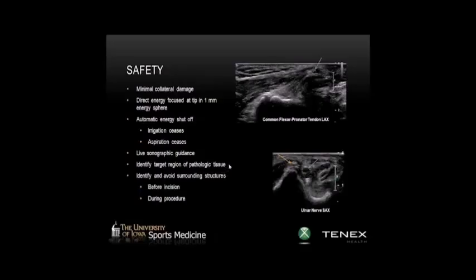So as I mentioned, some of these things we'll see on ultrasound, some of these regions of pathology would be a bit difficult to see if you were doing an open surgery. And so the pathology is really within the tendon. And if you're coming down even visualizing the tendon with the naked eye, you're going to have to dissect through it to see this region, whereas under ultrasound you can really see into that area, and I feel treat it much more adequately. And then you can also look around before and after, and so you can see where these